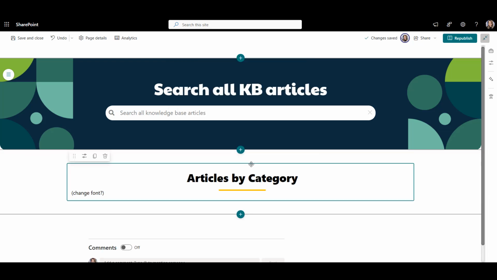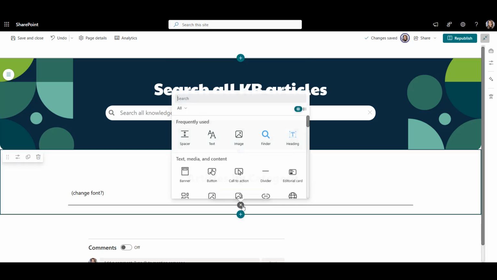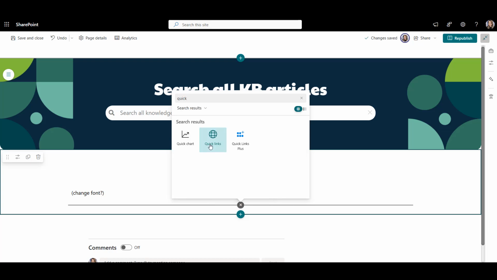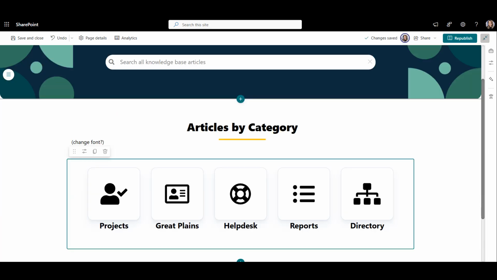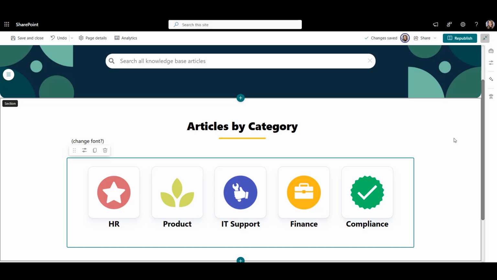I'll add a section called Articles by Category, and right below the header, I'll add quick links. You can use Quick Links Web Part for that. I'll use Origami Quick Links Web Part for more design options, like custom icons, unique colors, and styles. We'll create those topic-specific pages in just a moment, but let's add a few more things to make my homepage